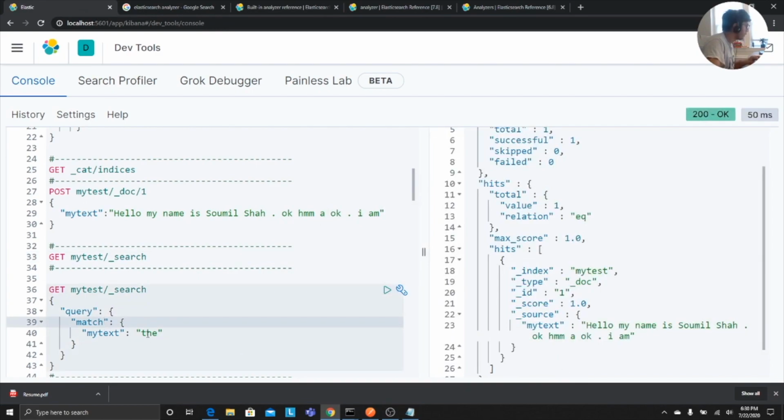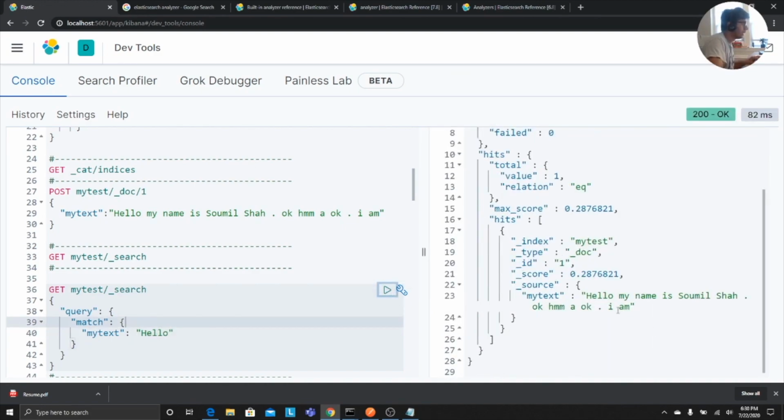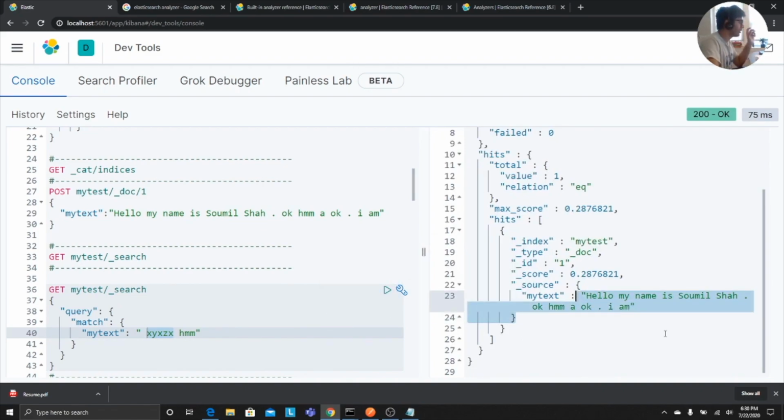Let me do it again. Let's try for the word hello. You see it did match, right? The hello was there. But what if I try capital? It still matched, right? Perfect, makes sense. Anything like that still shows up. Now let me say something like this, XYZ, XYZ. So this will basically search for the word hello and XYZ, so it should still match the document. Makes sense, right? That is how Elasticsearch works: it breaks down these sentences into tokens, so you can do efficient